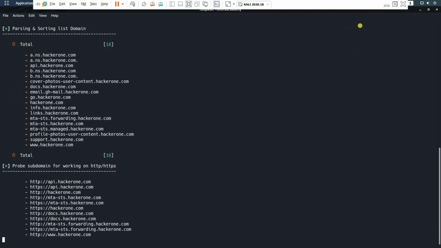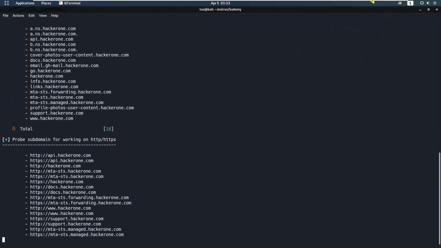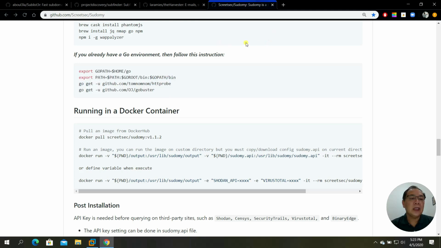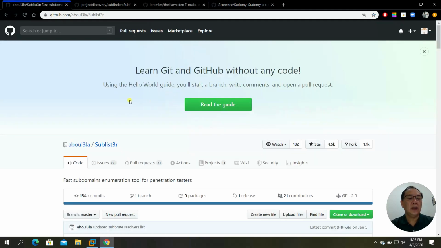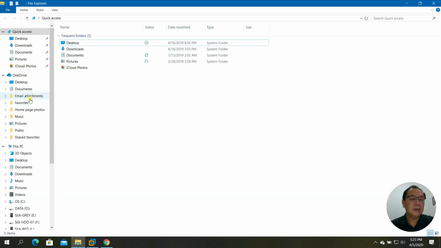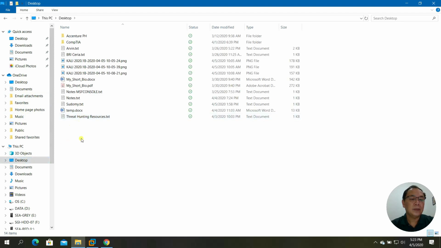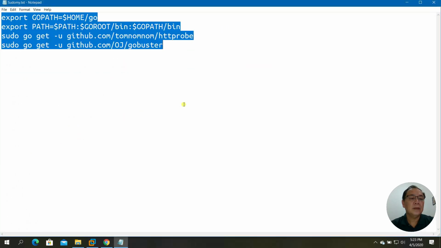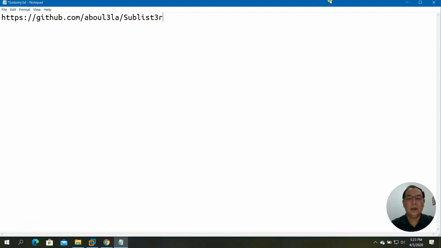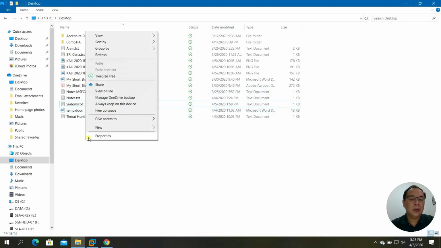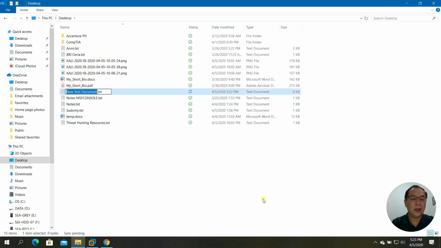Now, as you can see, Sudomy has more options and more results. By the way, for how to actually install Sublist3r, you can go to GitHub. Let me write down in notes for this, maybe somewhere on the desktop. I'll just call it subdomain enumerator,